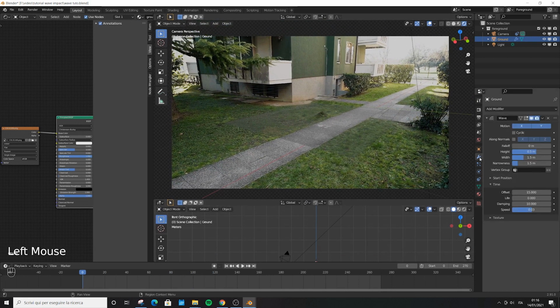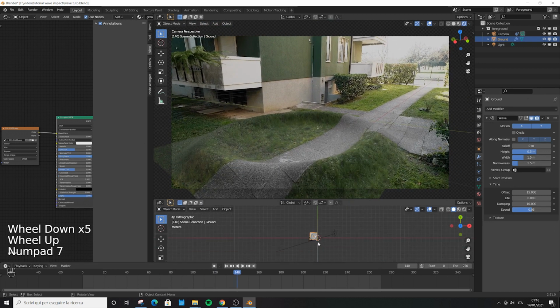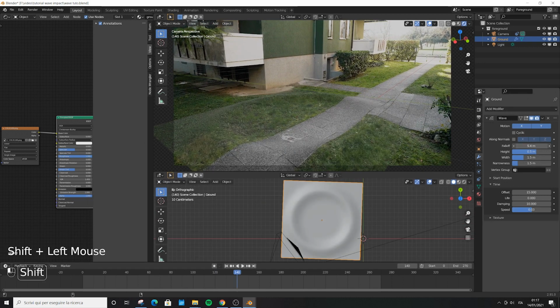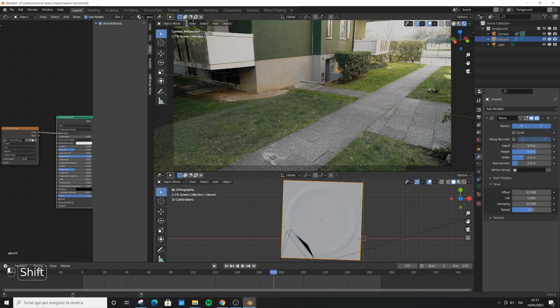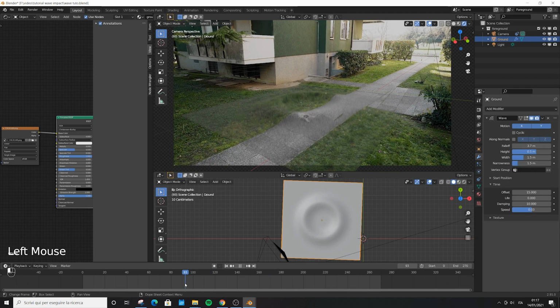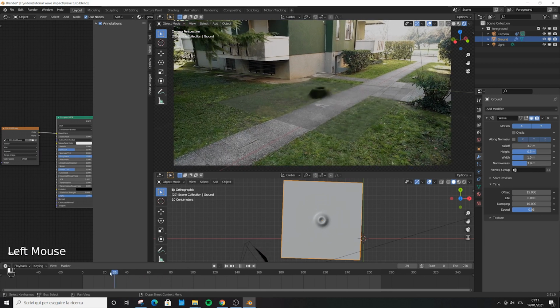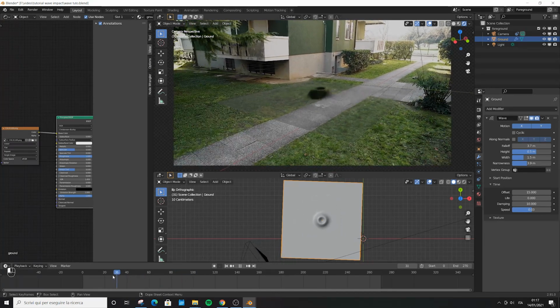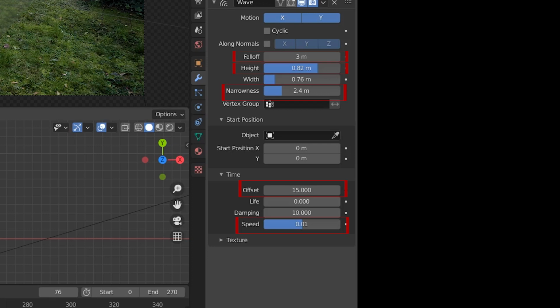First of all, we're gonna set falloff for the wave. The falloff is the maximum distance that the wave will reach. We're gonna choose a falloff of 3.7. Set the narrowness something smooth, don't go too hard on the narrowness, maybe 3.9. Yeah. After many tests, I found out that this combination of settings works pretty good if you want to copy and paste. I will not say to anybody that you should just copy and paste settings, don't worry.